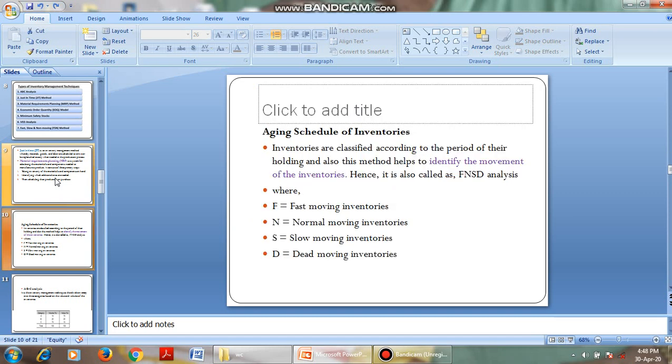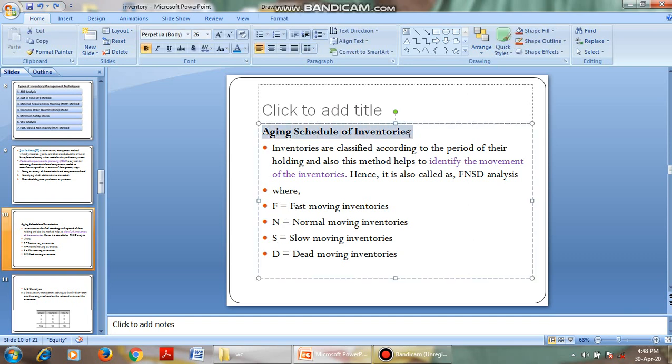Okay. Next one is, as we have gone for FNS, this is also called the aging schedule of inventories. Here the inventories are divided based on their holding period or based on their movement of stock. That is to identify the movement of inventory: fast moving inventories, normal moving inventories, slow moving inventories, and dead slow moving inventories. For example, in a shop or in a supermarket or in a shopping mall,